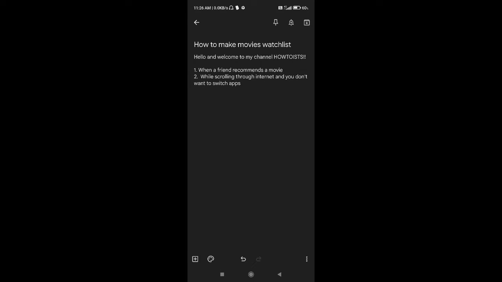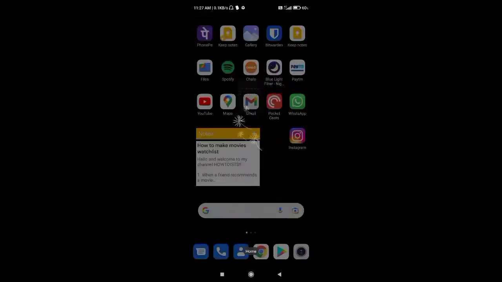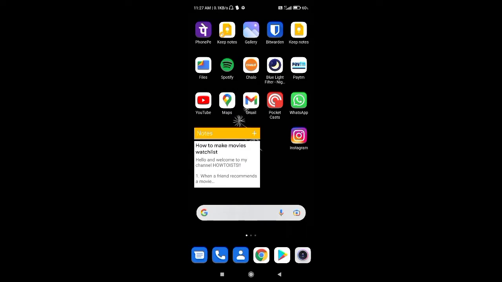We just want to screenshot something, and as you know, whenever we screenshot something, it sits in our screenshot folder and we never look at it again. So I am going to tell you how to make a movie list which you actually use. For this, we will not be using any app specifically for that. We will be using Google Keep for it. Let me show you how.